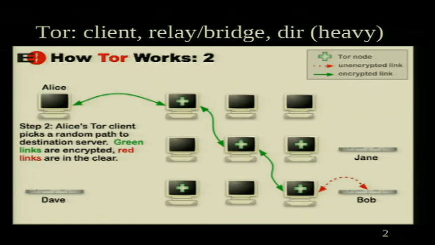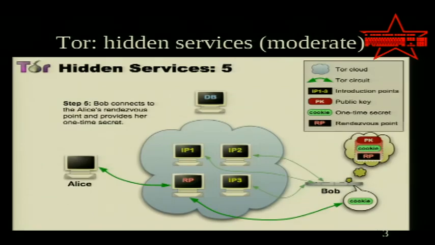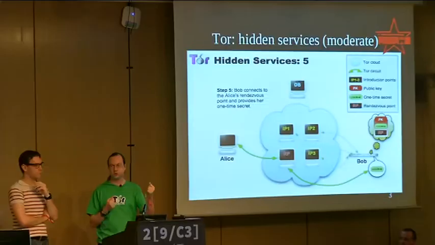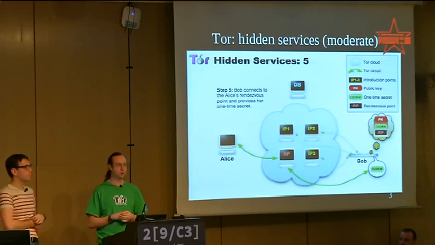But there's a lot of other applications that we need with it. For example, Tor Hidden Services. So a lot of you have probably heard of Tor Hidden Services. They let you run a web server or other service in a way that nobody can locate where on the internet it is. There are 2 big problems with hidden services. One of them is they're slower than they should be. There's a lot of extra latency involved in the rendezvous connection.